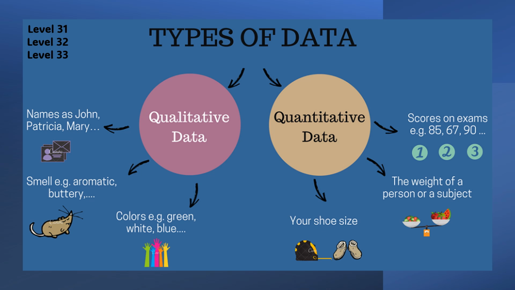For example, your eye color is something about you that is a characteristic of you. I could record it. It is a fact, and I could collect data on it, but that's not something I could collect data and then add all the eye colors together. Now,